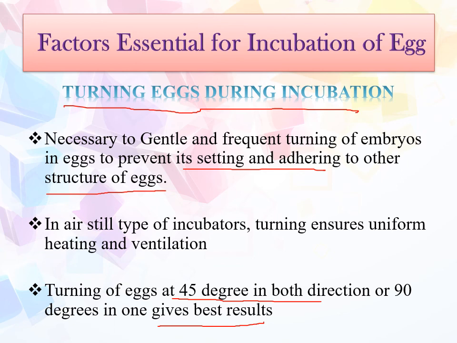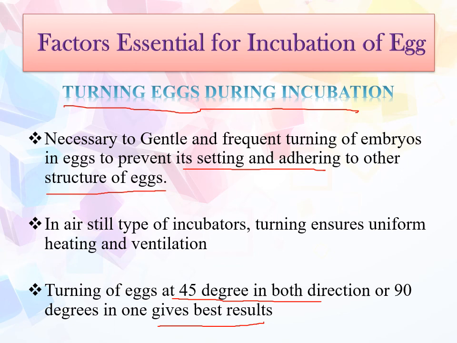So nowadays, the modern hatcheries practice turning at every 1 hour whenever they are in the incubator for the first 18 days. So what happens in this turning? Generally inside the incubator, the eggs are put into trays. So by automation, first these trays come 45 degree on the upper side and then 45 degree on the lower side, or vice versa, or in another approach, the trays are moved or turned at 90 degree.